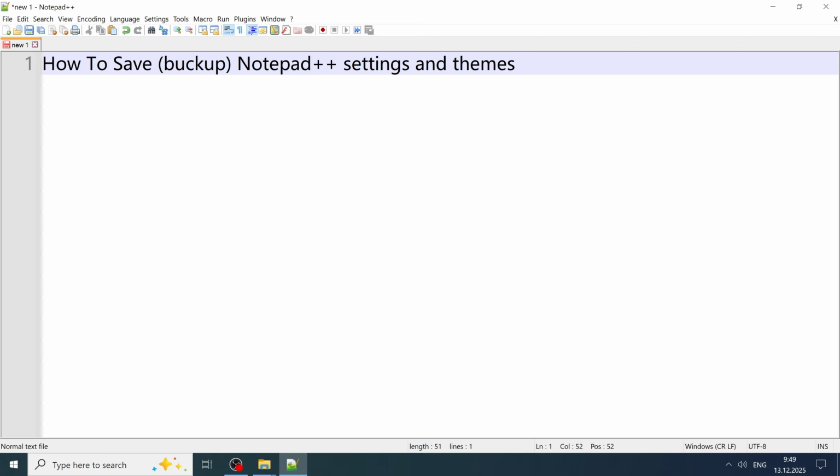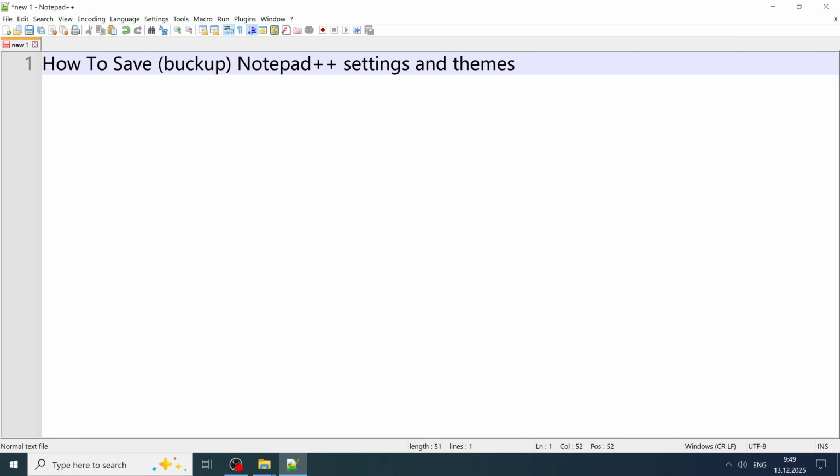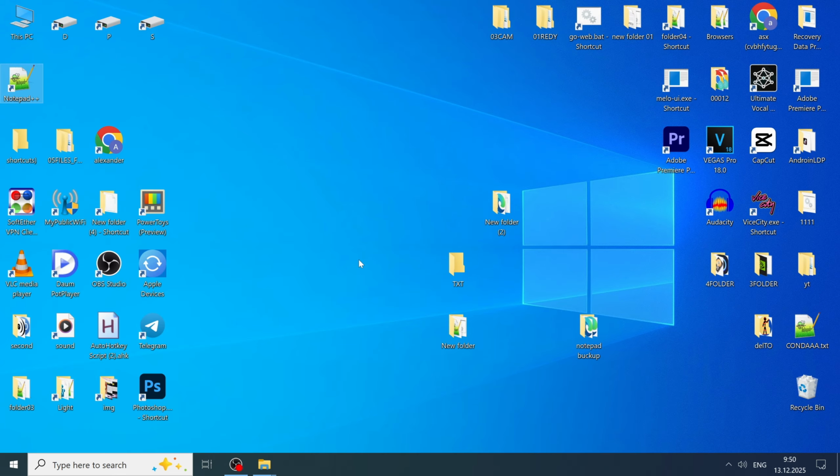Hi, in this video I will show how to save settings from Notepad++. So if you have to remove and reinstall Notepad++ and want back your settings you're used to when reinstalling the Notepad++ app, for that, to save settings from Notepad++,